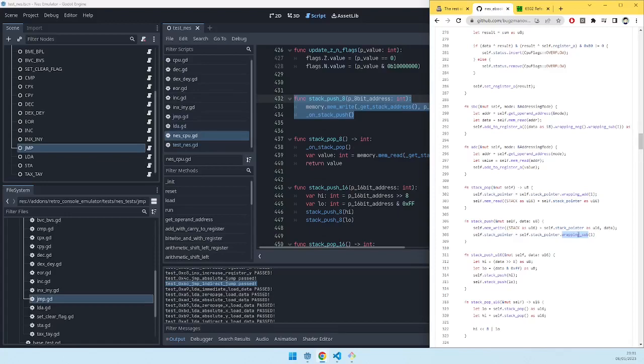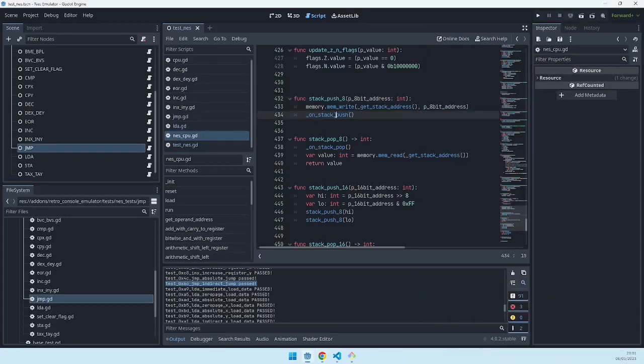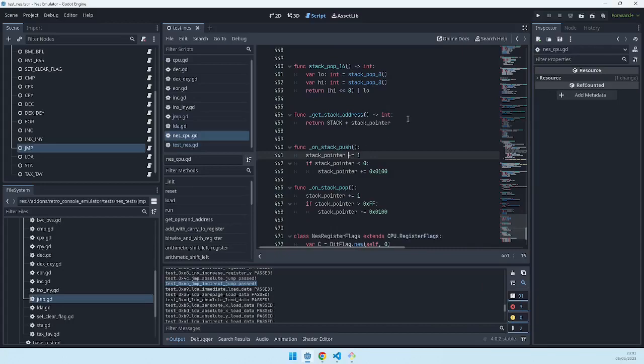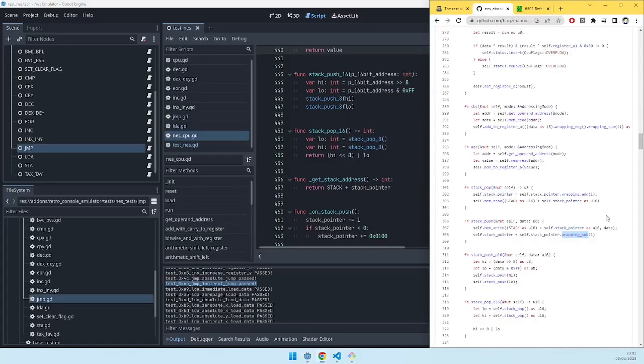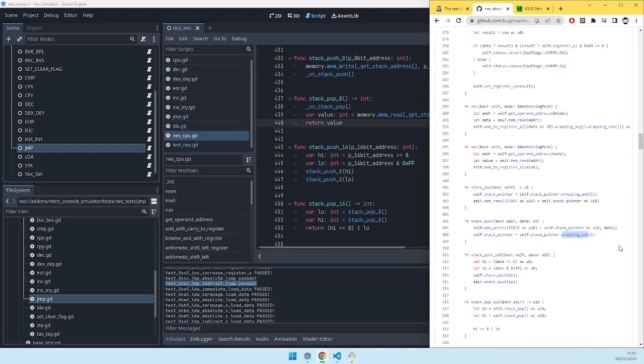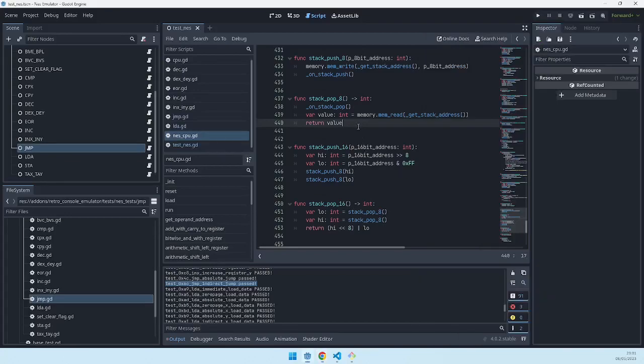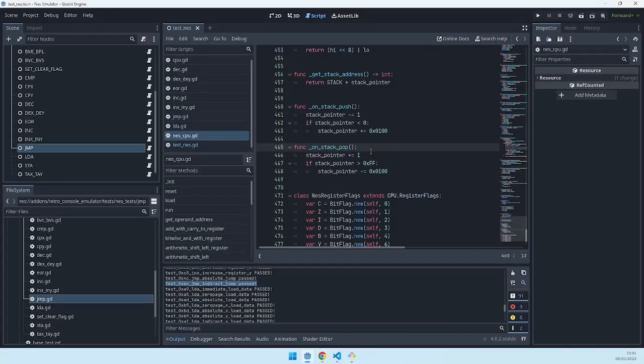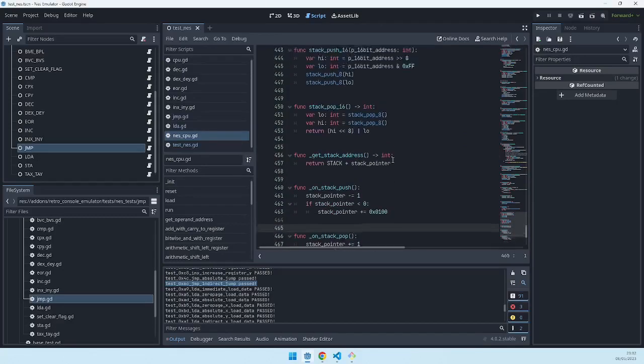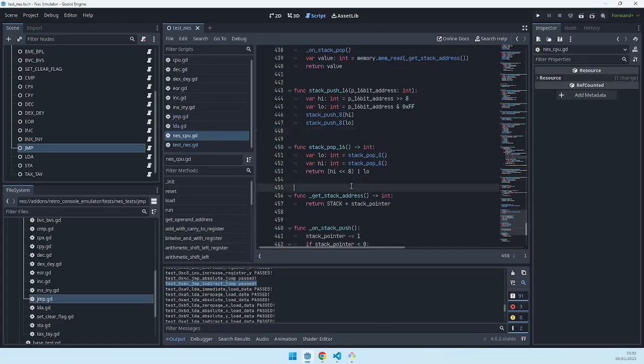No, subtracts. Okay, so on push it will subtract, so that is correct. And on pop, it will first add one wrapping and then read the value and return it. So it seems to be doing what is expected to do, but